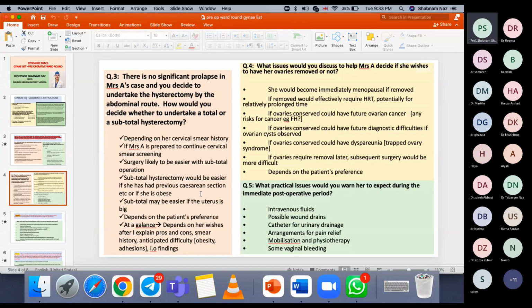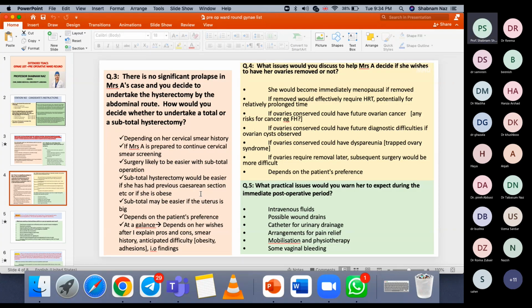Okay, very good. So she's 45 years, she's perimenopausal. We have to discuss with her the pros and cons and keep the factors in mind, whether she has a history of premenstrual syndrome, or a family history of ovarian cancer. In that case, you have to remove them. And if we remove the ovaries, she immediately develops menopause. She requires hormone replacement therapy for the time of menopause. She will keep taking it until 52 years, even more than that.